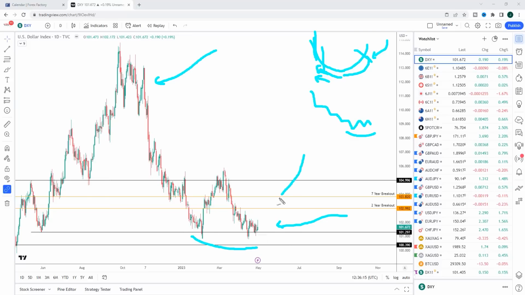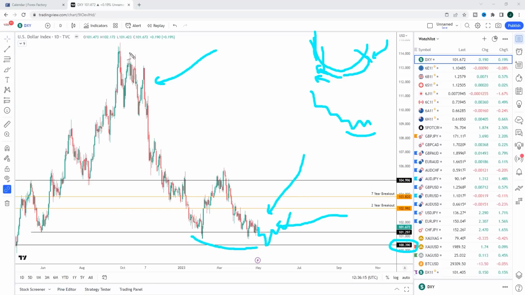Yes, one thing I will note is we did have a weak close at the end of the month, just gone yesterday. So that is not something where I would say we're going to see an explosion of the dollar this week. We may even come down still and test the 100.39, and then that could be over subsequent weeks the actual bottom.